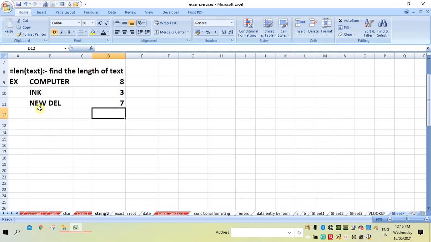It is 7 because new is 3 and del is 3, so totally it should give 6, but it is giving 7 because the blank space is also considered as a letter. So this is how we can find the length of a text.